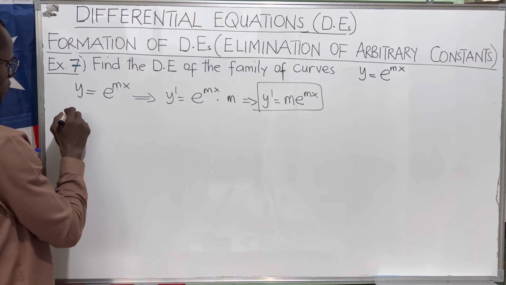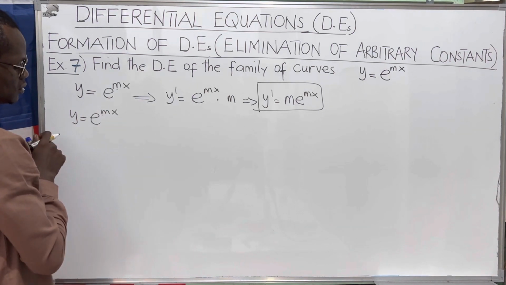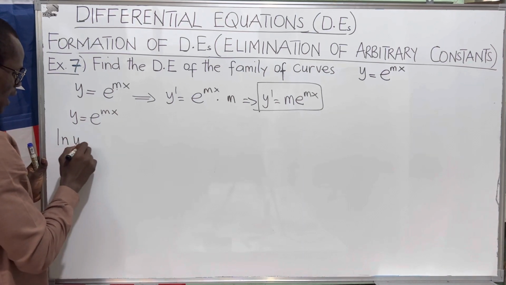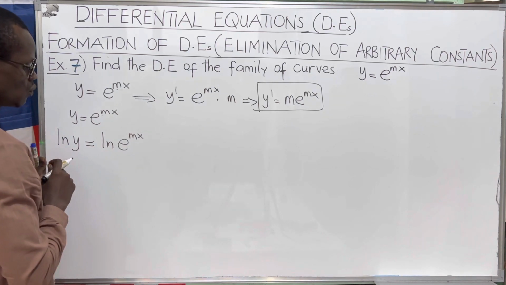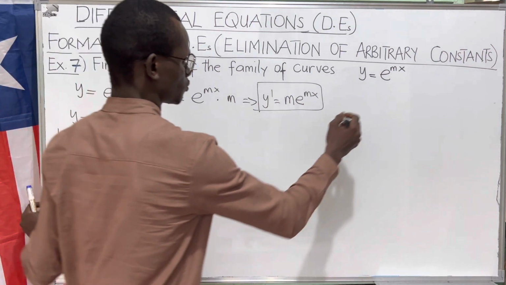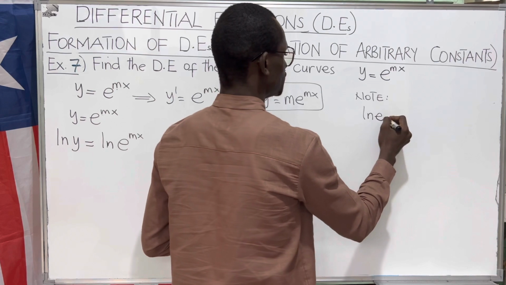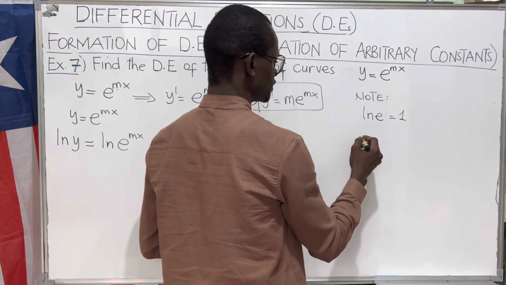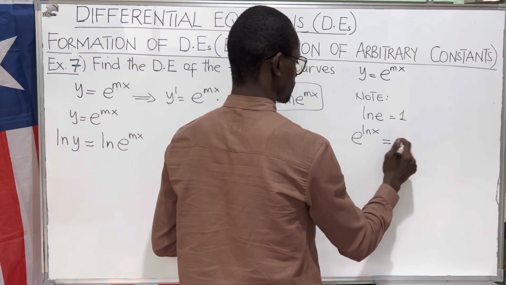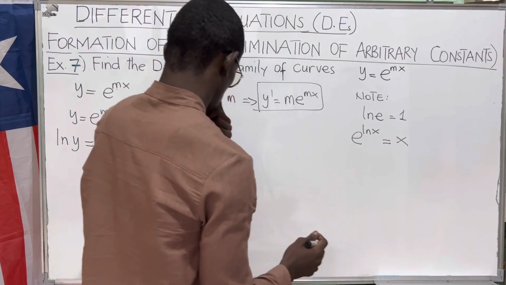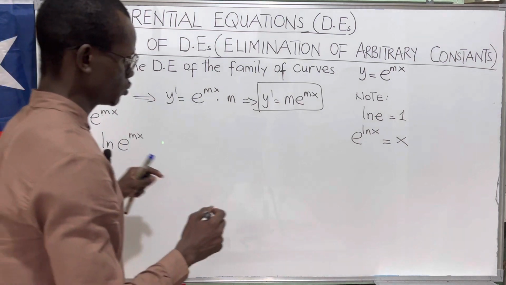From the original equation we have y equals e raised to the power mx. Well, how can we easily solve for this m? We know that if we take the ln of y and the ln of e raised to the power mx, we'll be able to solve for m, because note that the ln of e is equal to 1 and e raised to the ln of x is just equal to x. So if we take the ln of both sides,